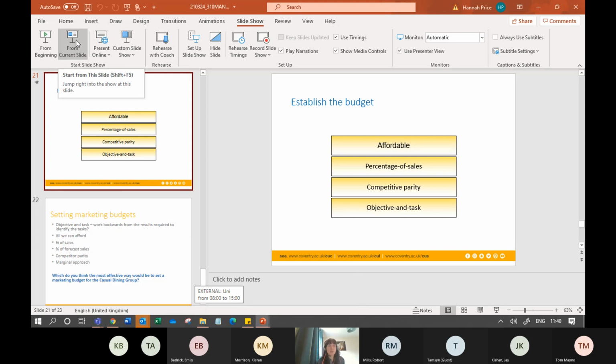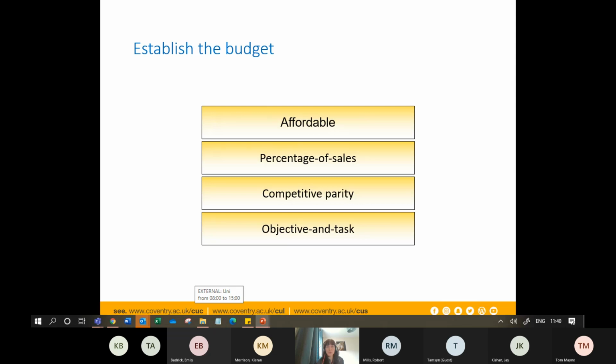Right, so when we're establishing the budget, we either do it as to what we can afford. Quite often, traditionally, organisations would do it based on a percentage of their turnover or sales. So they'd expect to put 20% of their sales value onto marketing. Or we say, well, as a brand, we want to get a bigger market share than